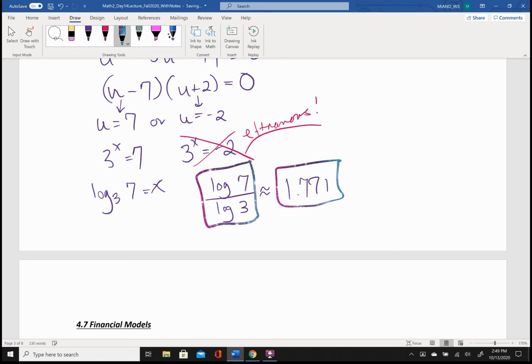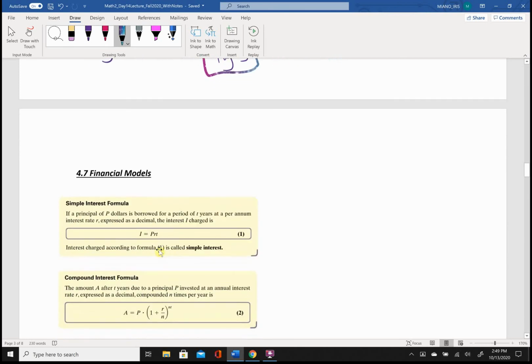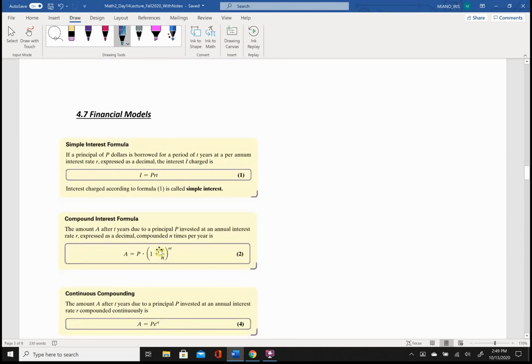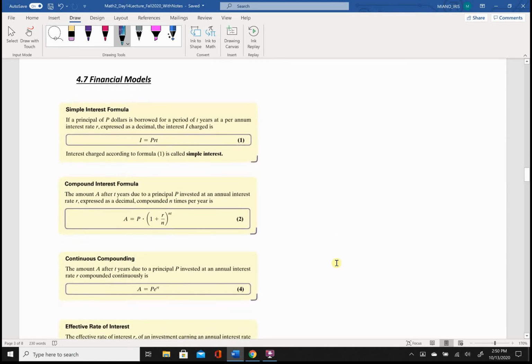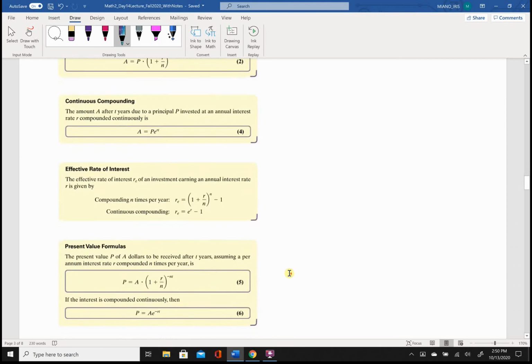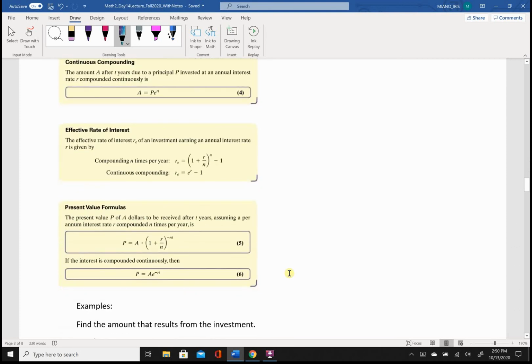Okay, great. So those are all of the examples that I had slated for section 4.6 on logarithmic and exponential functions, exponential equations. So now we're going to switch gears over to financial models, which are exponential in nature, okay? And they have everything to do with simple interest, compound interest, continuous compounding. What else am I reading off here? Effective rate of interest,